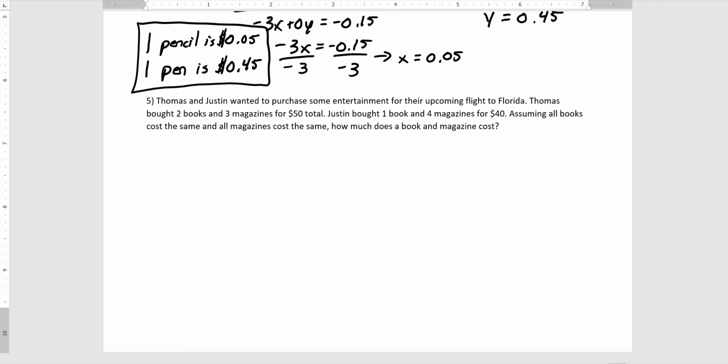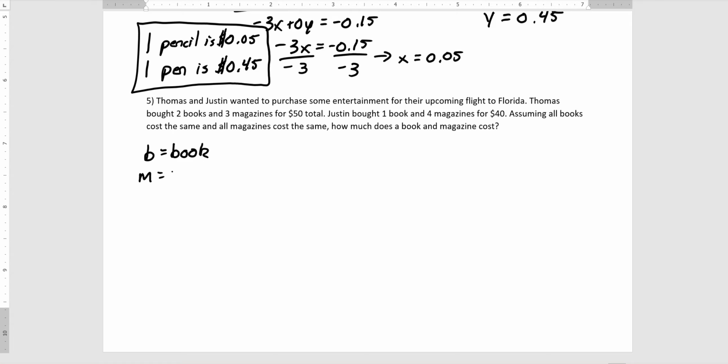Alright, let's see how we did with number 5 here. Thomas and Justin wanted to purchase some entertainment for their upcoming flight to Florida. Thomas bought 2 books and 3 magazines for $50. Justin bought 1 book and 4 magazines for $40. Assuming all books cost the same and all magazines cost the same, how much does a book and a magazine cost? Okay, so variables: B for books,